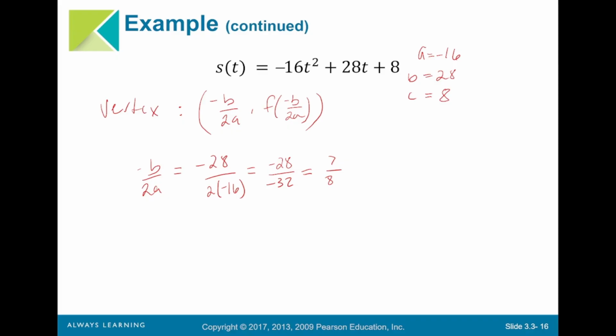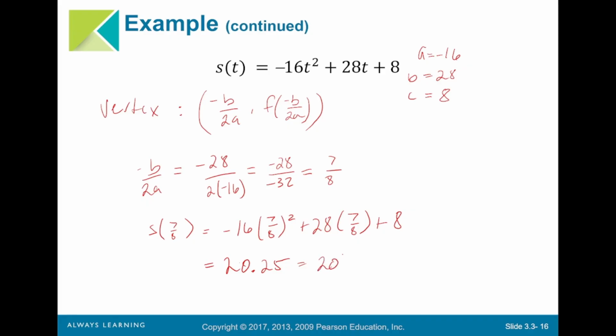And then if we plug this in, we're looking at s of 7 over 8, which is negative 16 times 7 over 8 squared, plus 28 times 7 over 8, plus 8. Let's get this typed in a calculator. Negative 16, 7 divided by 8, 7 divided by 8, plus 28 times 7 divided by 8, plus 8. I know, it's such a surprise. I can't do this in my head. So this is